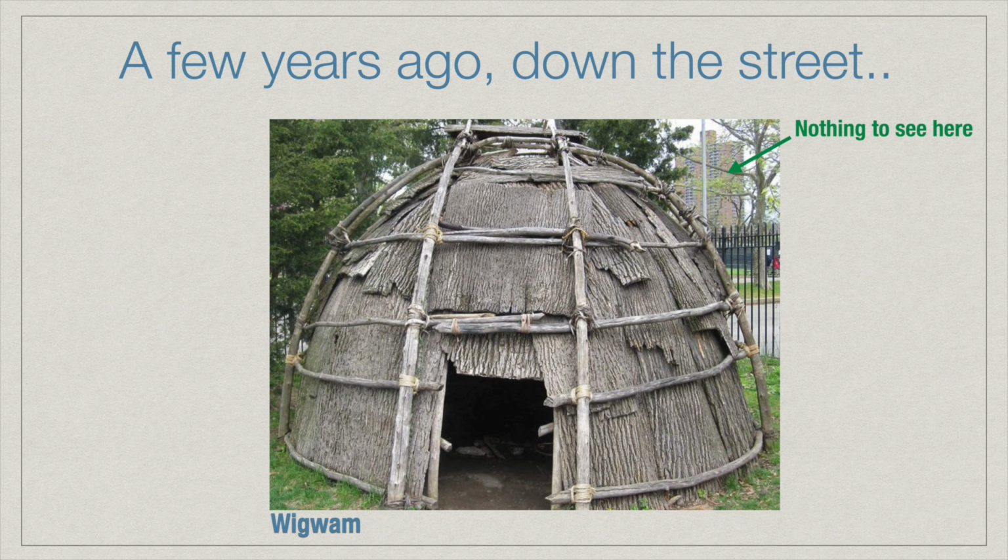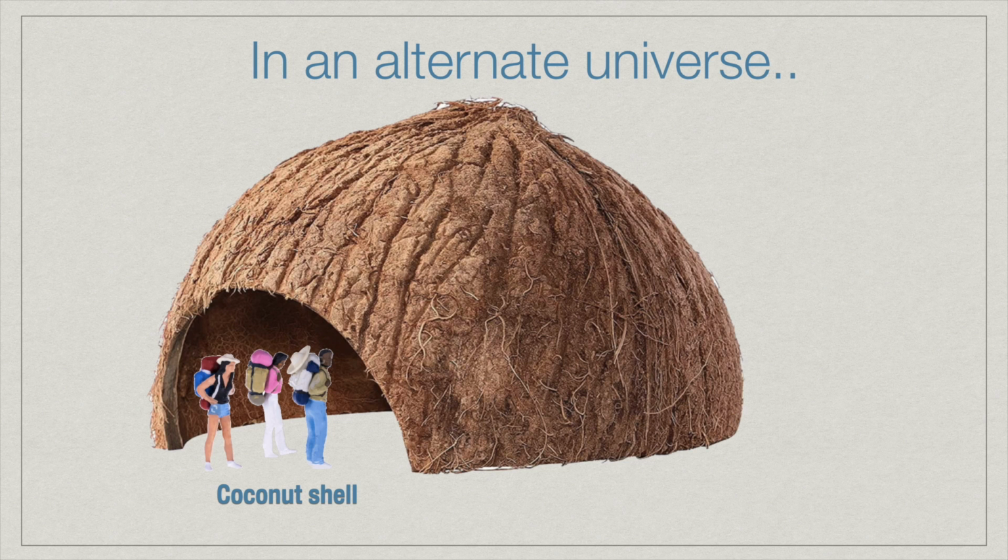And then here's one. I don't know where this was taken exactly, but you can see this shelter is comprised entirely of wood products, of sticks or branches and tree bark. And then lastly, maybe in some alternate universe, we can shrink down and get into pretty much anything. And so here's what we could do with a coconut shell, where we're able to get a whole lot smaller. Okay, so let's talk about